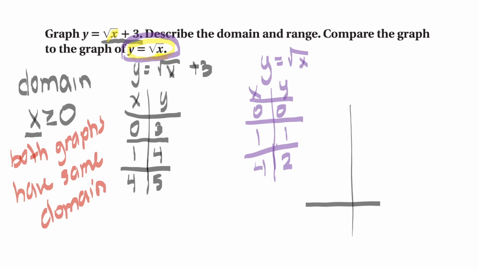So if I'm graphing, I'm going to graph my first equation, which is the plus 3. So I graph 0, 3. I graph 1, 4. I graph 4, 5. I can see my graph